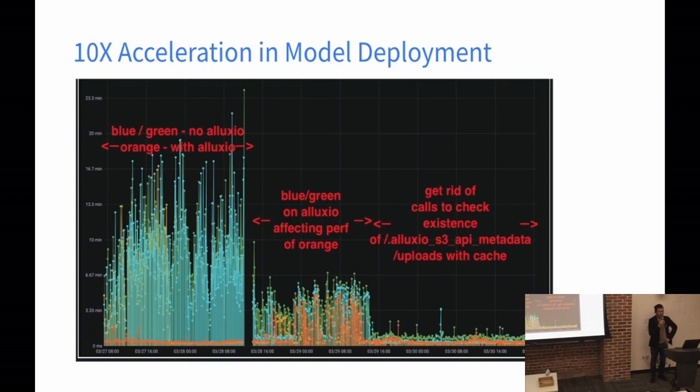Here is the previous one talking about the model training. This one is talking about the model deployment. You can see the most left part is no Alluxio. You can see the latency spikes are super high.